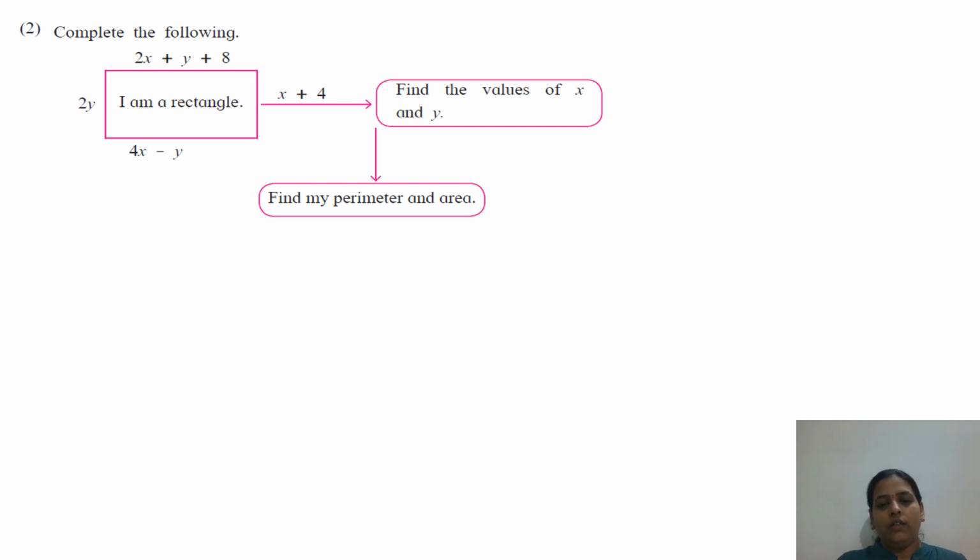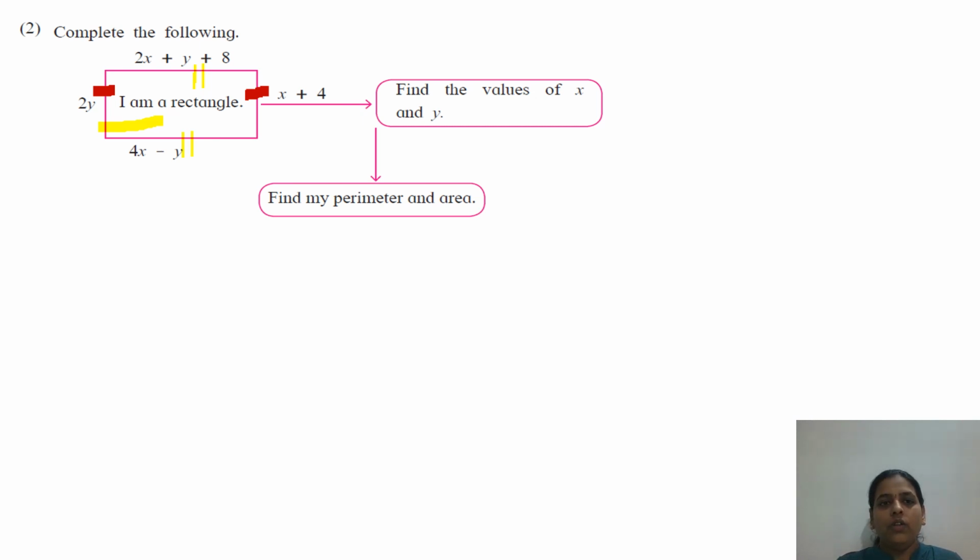First, there is a rectangle here. So what are the properties of a rectangle? First you understand here: opposite sides are equal. Okay. Opposite sides are equal. That means this side is equal to this side, and this side is equal to this side. So here we have to provide the sides of the rectangle, that is, opposite sides are equal. You must remember this one.